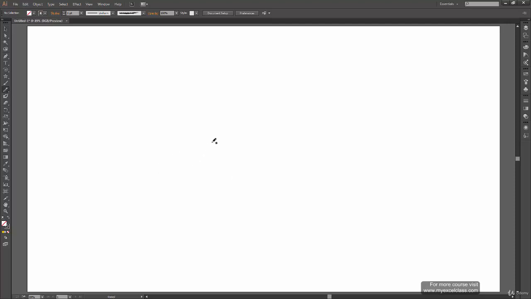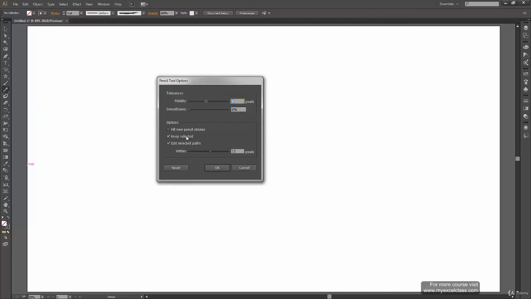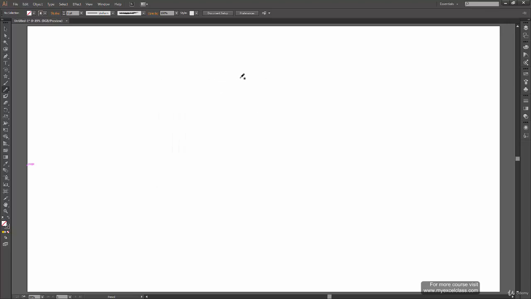Select the pencil tool, and what we are going to make is a face using the pencil tool. The basic thing is drawing a circle. To use the pencil tool for sketching, you might want to deselect this, because if your path is selected, it will keep editing the previous path. So have this deselected and now draw a circle and center lines, or actually you can start with anything abstract like this.